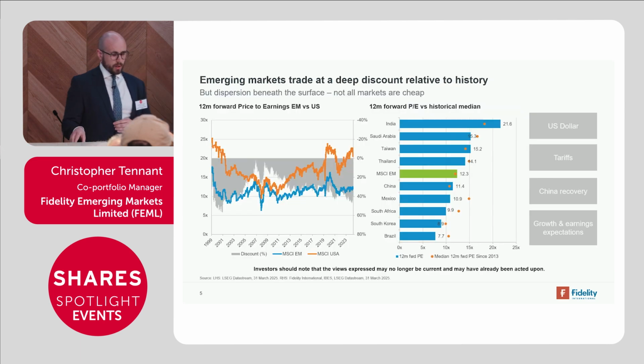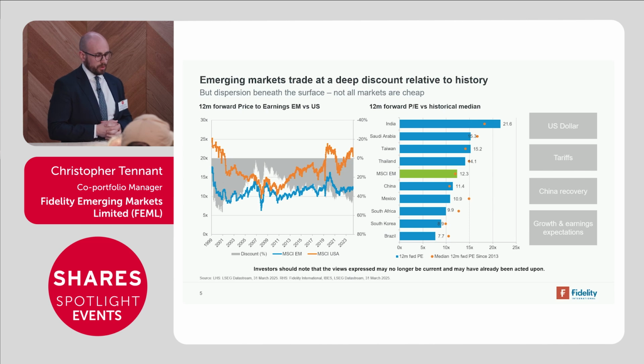So the next slide gives a bit of a snapshot on emerging market valuations, and I'll talk a bit about why emerging markets today. The chart on the left-hand side, the orange line shows the valuation of the United States, and the blue line shows the emerging market PE multiple as well, which is on around about 12 times earnings versus north of 20 times for the US. And that gap has expanded over recent years, and the discount that EM trades at today is at multi-decade highs,